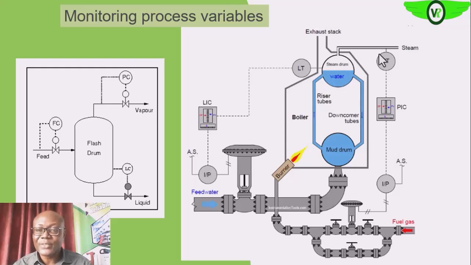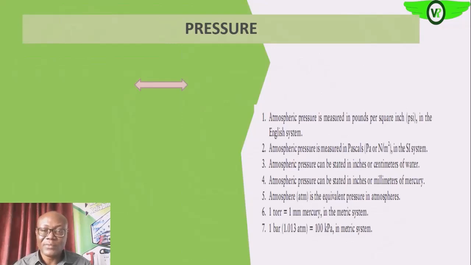So you see that at different points, different process parameters are important to us. So we need to monitor them and control them, so as to get the desired result from the processes. Okay. So we are going to look at the various process variables now. The first one that we are going to look at is